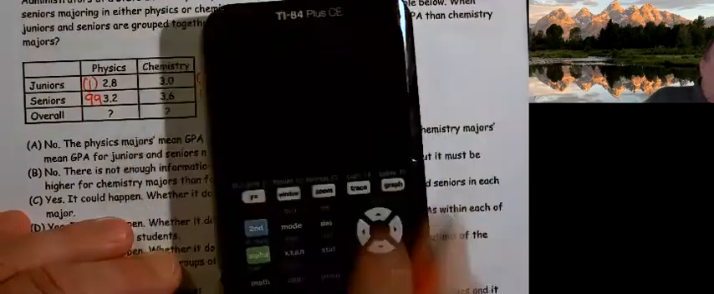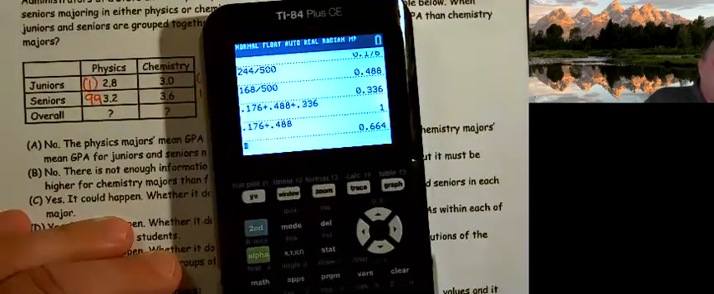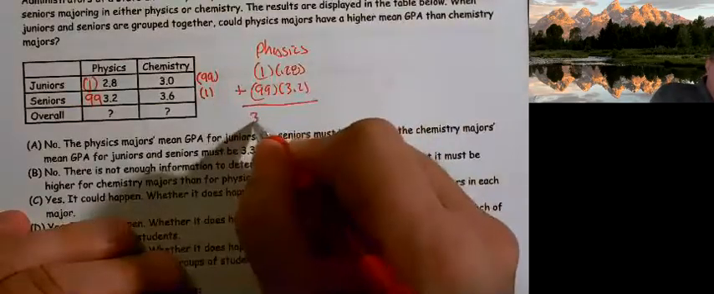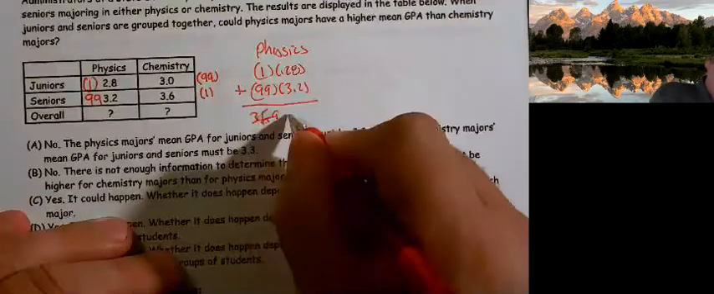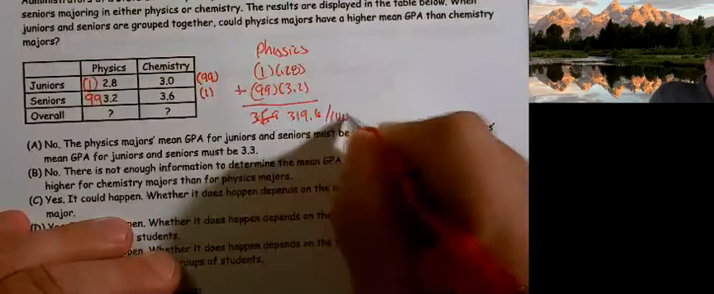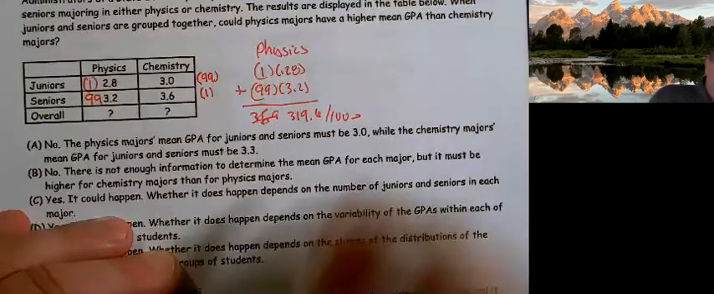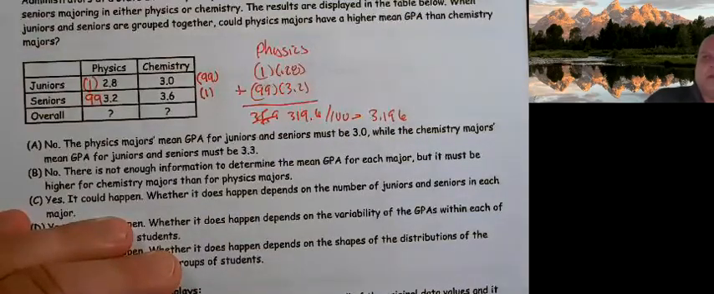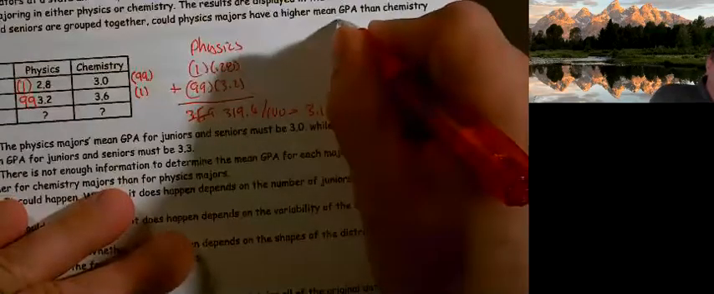And when I do that, 1 times 2.8 plus 99 times 3.2, I end up with 319.6 divided by 100, and I find out that I have a 3.196 GPA for physics. Doing the same thing for chemistry,